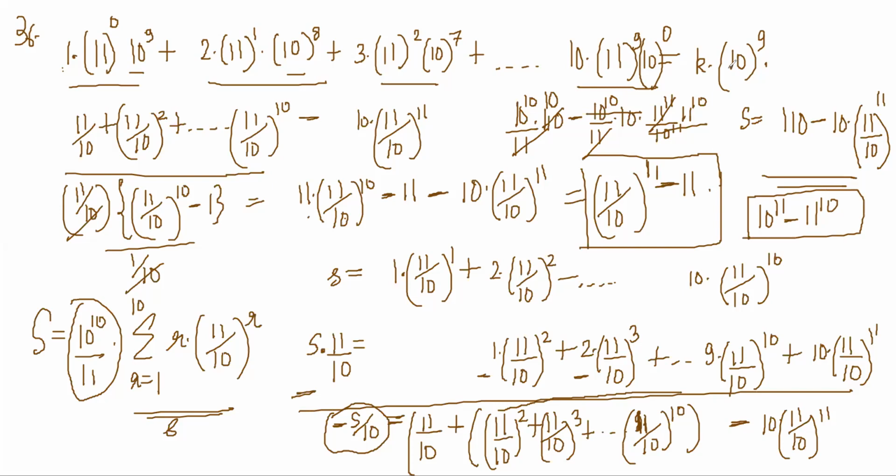I'm getting 10 power 11 minus 11 power 10 as the sum of this. If you only got 10 to the power 11, then the answer would be correct, because the answer is 100. So maybe have we made some mistake somewhere here? I hope I did not make some mistakes. 11 by 10. Oh, I think minus is correct only, 11 by 10 minus this.